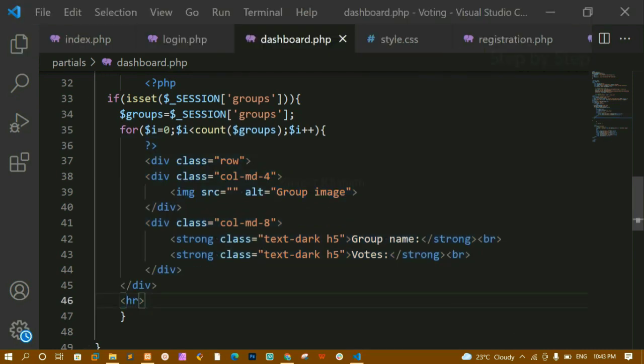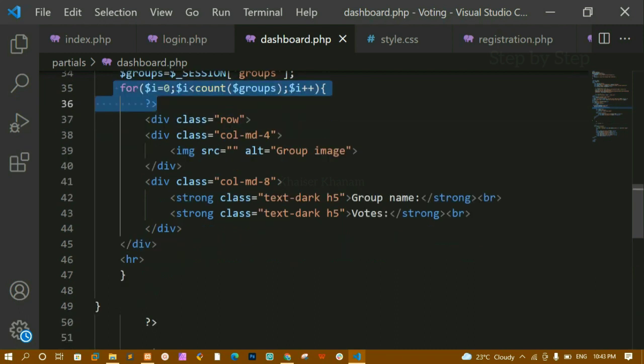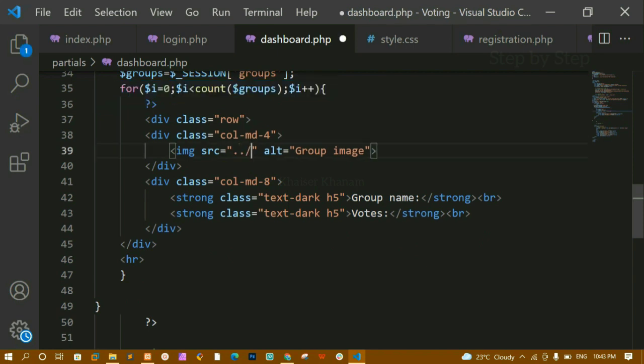Now once I am done with this, I have set this one. I'm just checking the condition. If my group is set, then I'm accessing all this session and storing it inside this variable. Then again I'm just running this loop. Now below this, wherever I'm having this image, here I just have to access the image whichever is